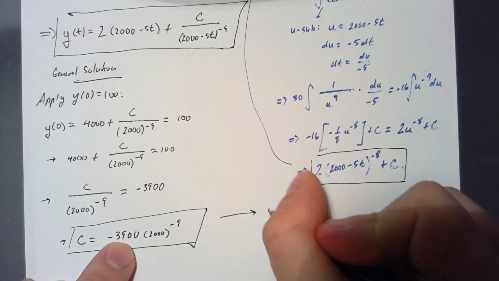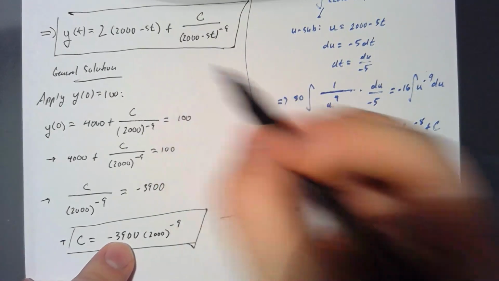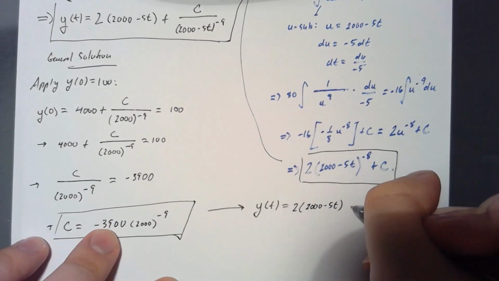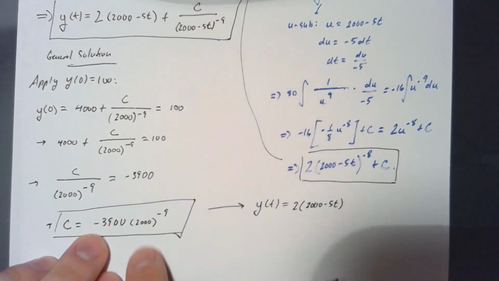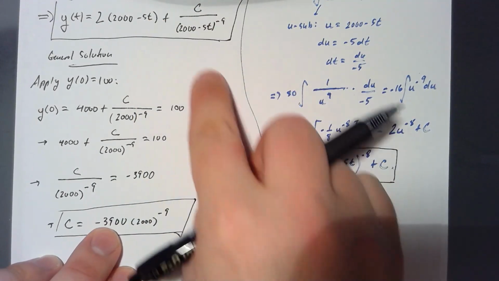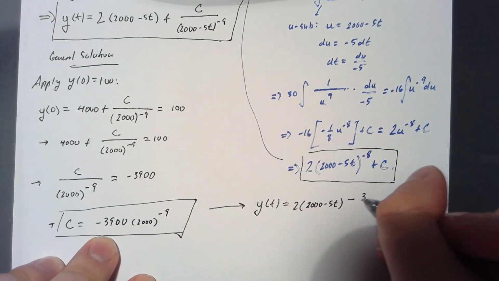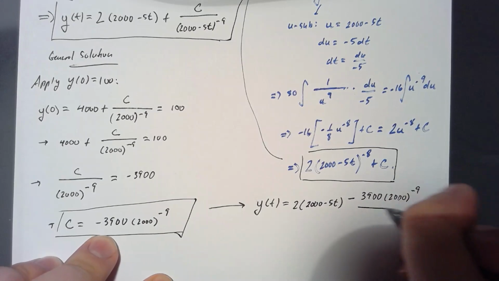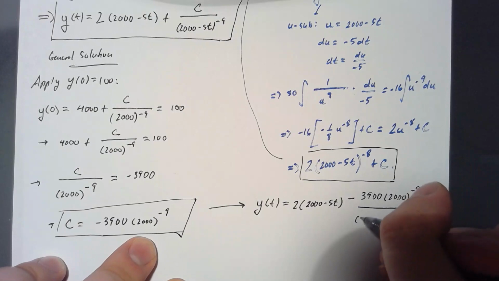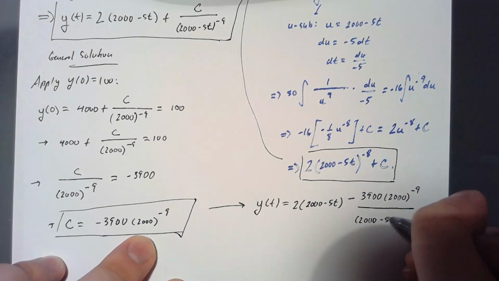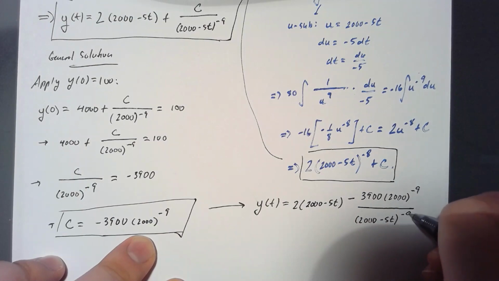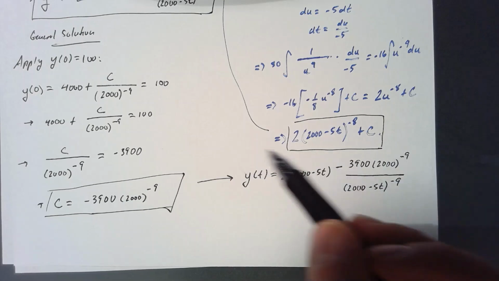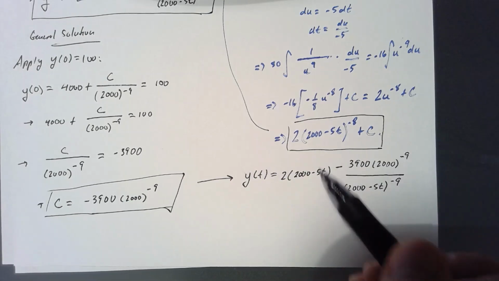So y as a function of t is 2 times the quantity 2,000 minus 5t. Now since c is negative, I'm going to write this as minus this over that. So it'll be minus 3,900 times 2,000 to the negative 9th all over 2,000 minus 5t to the negative 9th. And if you want, I would just leave it this way, but this right here is the function